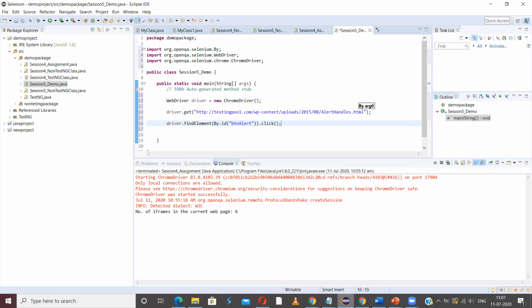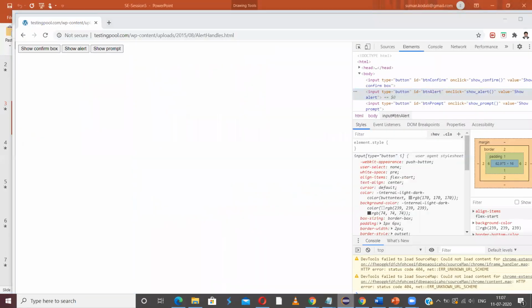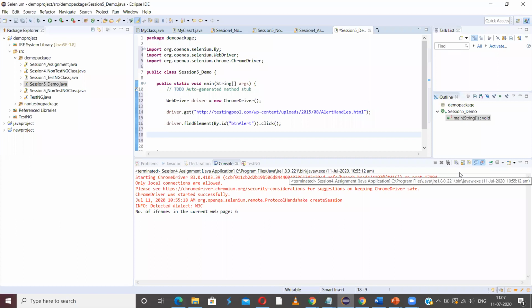I should have the pop-up now after executing this. And then what I have to do is click on OK. So how to click on OK? I have to switch to the pop-up and click on OK.